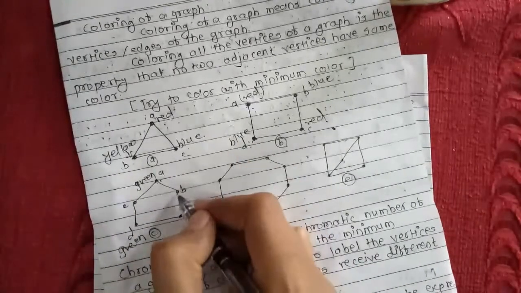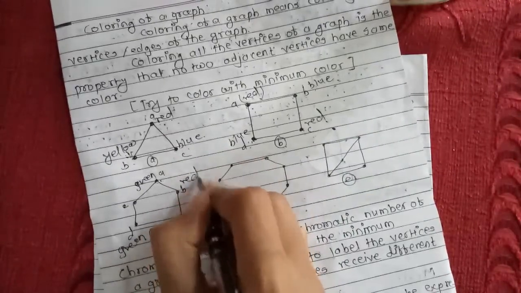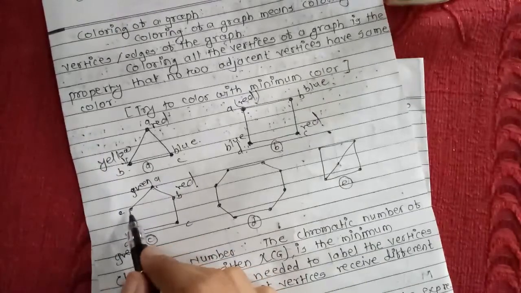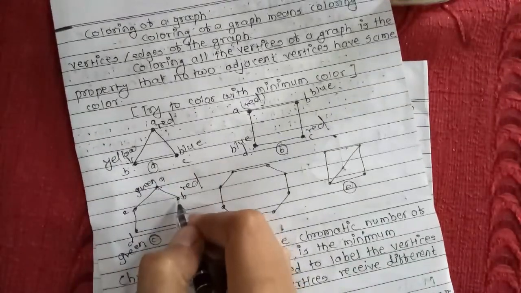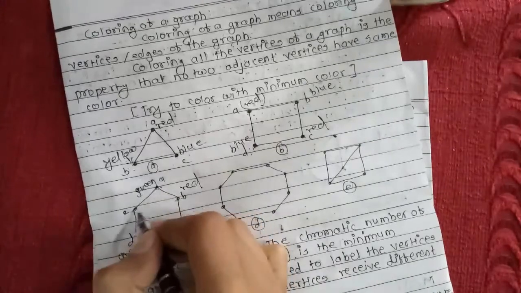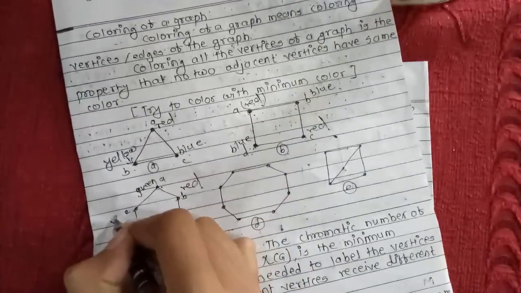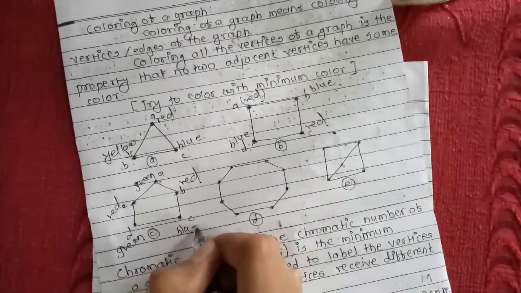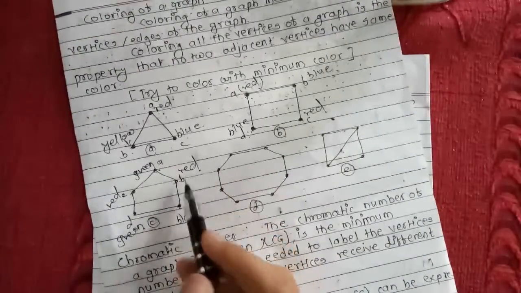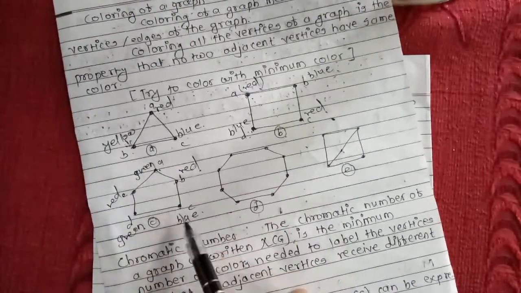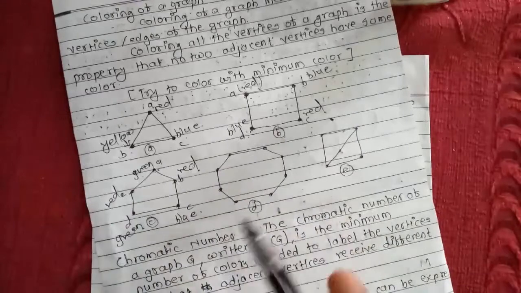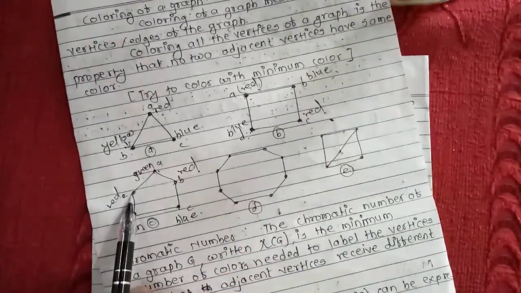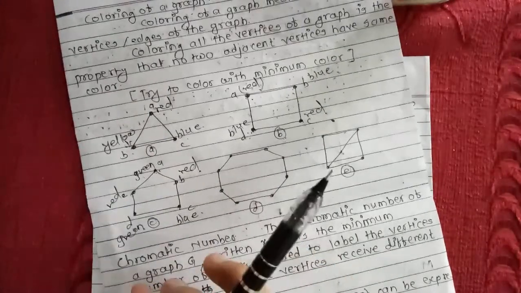Now we choose a different color, suppose red. Therefore we cannot give red color to C, but we can give red color to E, because E is not adjacent to B, since there is no edge between E and B. Therefore here we choose red for E. Now we choose blue for C. So here we require only three colors: green, red and blue. We have to choose the minimum number of colors. Here we could use 5 different colors, but we have to choose the minimum colors.